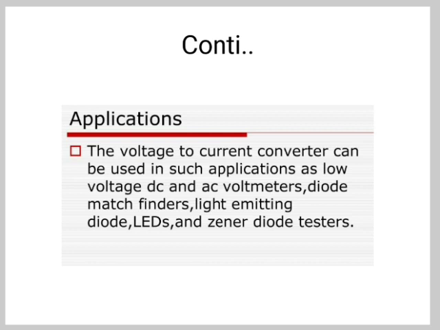Now when Vin is 1 V and R1 is 100 ohm, then the current through this is 1 by 100, that is 10 milliampere. So as long as Vin and R1 are constant, I0, that is the output current, is also constant, and the voltage drop across the diode can be found either by measuring the voltage across it or the output voltage. To avoid an error in the output voltage, the op-amp should be initially nulled. Thus, the matched diodes can be found by connecting diodes one after another in the feedback path and measuring the voltage across them. The second application is the Zener diode tester.